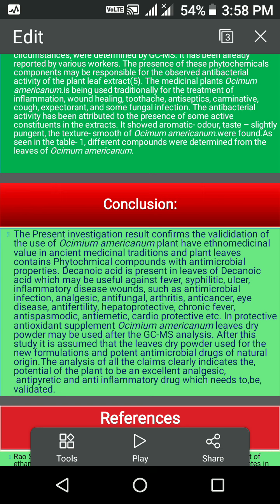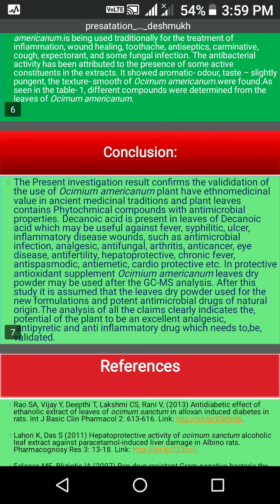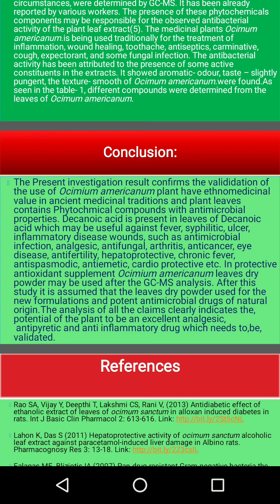As a protective antioxidant supplement, loose dry powder may be used after the GCMS analysis. This study assumed that the loose dry powder can be used for a new formulation and a potent antimicrobial drug of natural origin, and the analysis of all the claims clearly indicates the potential of the plant to be an excellent analgesic, antipyretic, and anti-inflammatory drug, which needs to be validated, and it is a very important compound found in the leaves of the Ocimum americanum. So these are the references